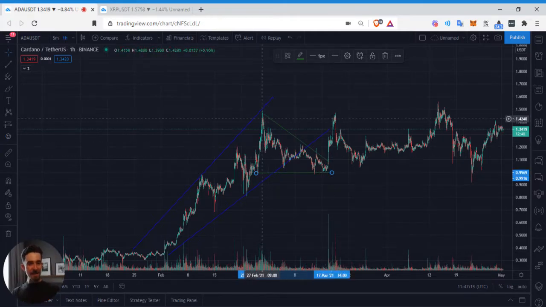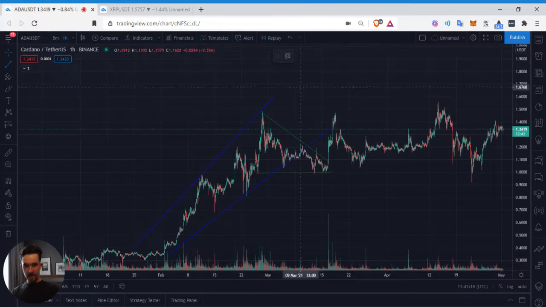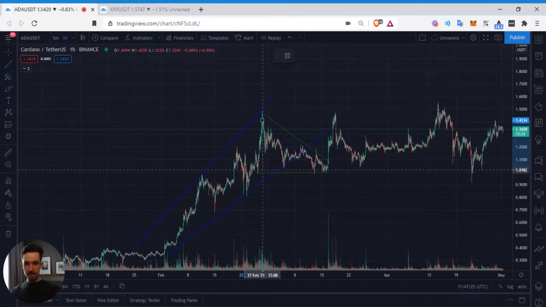So you can see this descending triangle right here. As I said, it did this nice breakup. A way you can always test the breakout of a triangle like this: this is a descending triangle where the top line is going towards the downside and the bottom line is just flat. You can take the measured move price target of the base of the triangle. So that's essentially the base.